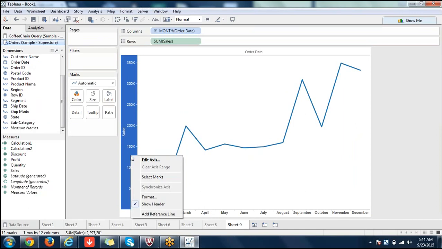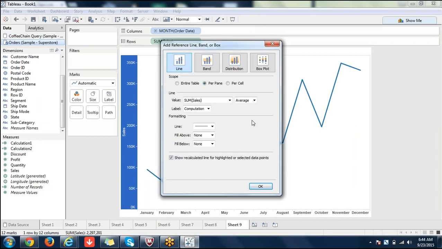So even if you right click here on your measure axis, you will be seeing add reference line. Add reference line is when you want to compare your data against any standard or any aggregated line. For example, you're seeing here it's average, minimum, maximum, all those lines are here. As of now I'm adding average, and that average is on measure. It's always on measure, sum of sales, and that line can keep varying.